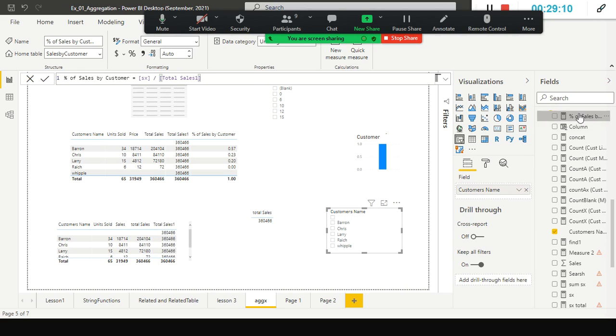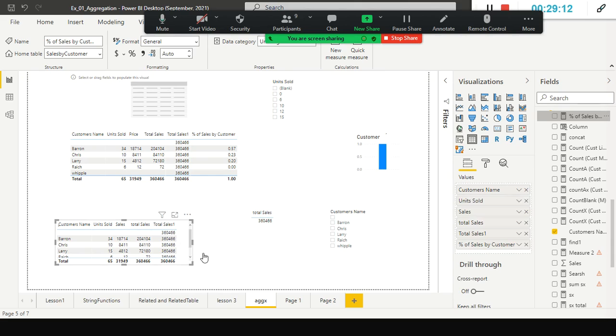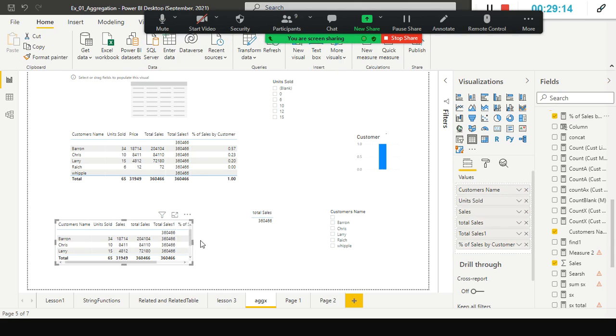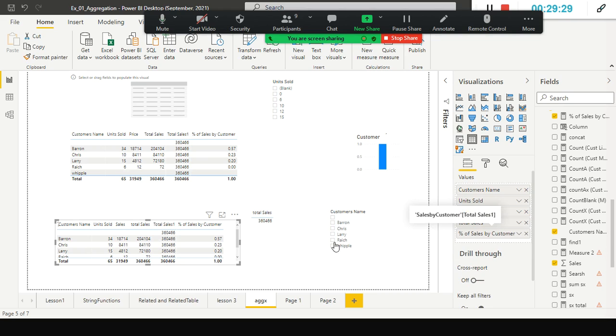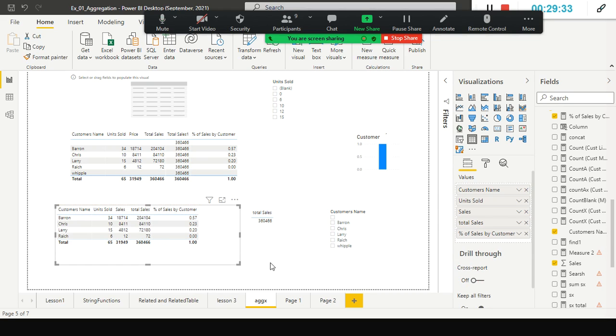For percentage of sales by customer, I just drag and drop this one. See here, it is calculated. Now I don't need this one because my business people don't know what it is, they'll be asking what is this, right? According to them it is not required, but for us it is required. This is for the BI architect or developers.